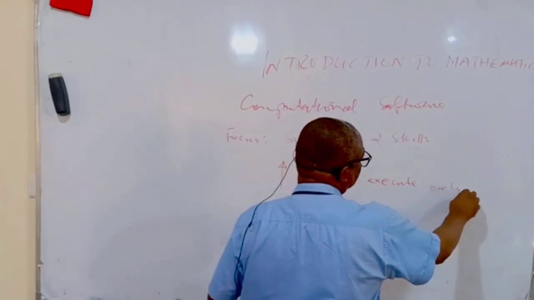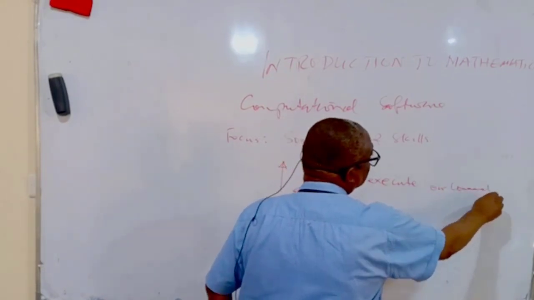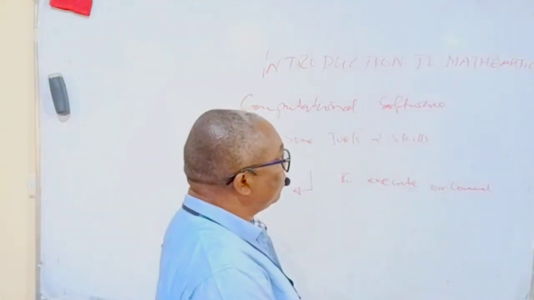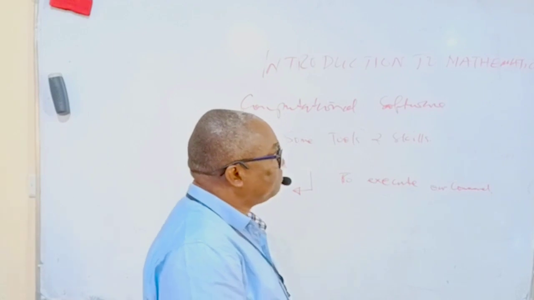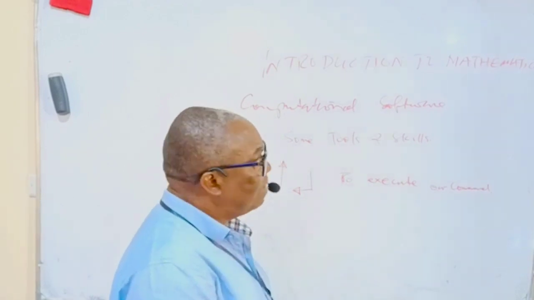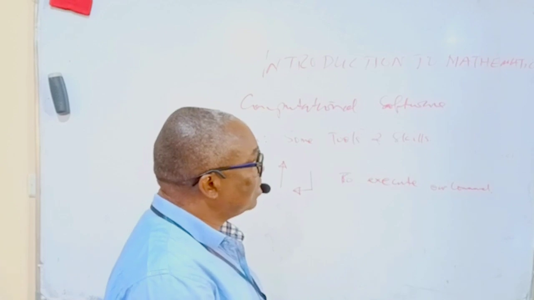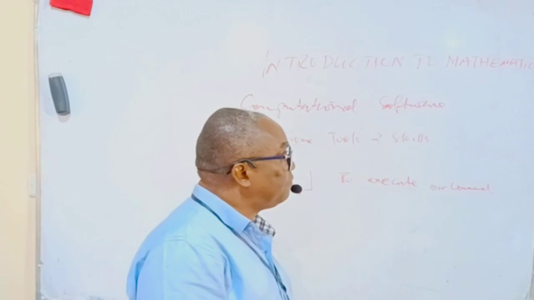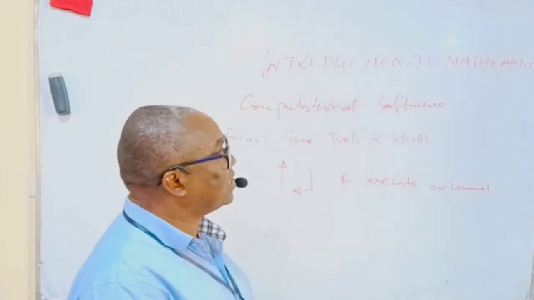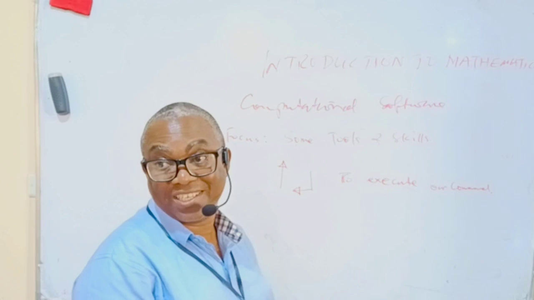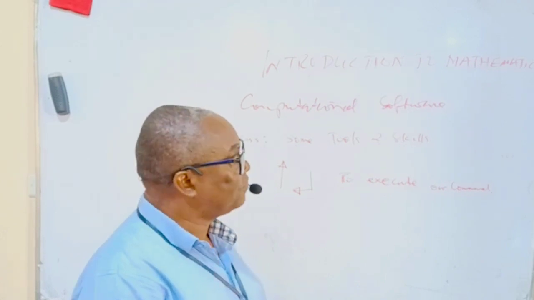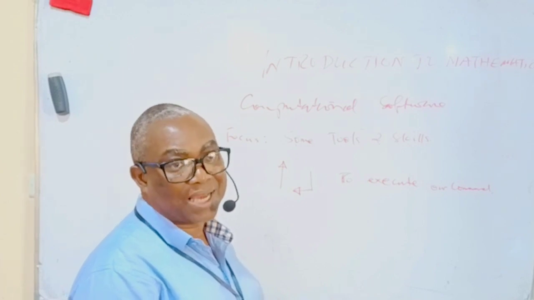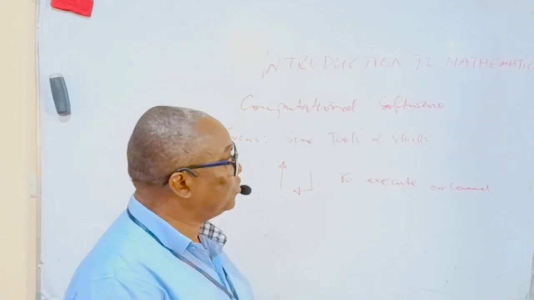Our command. For example, if you look at here, I have 5 times 7 minus 32 divided by 6, all of this divided by 4. If you write that, it's a command that I want to do simple arithmetic. If you press down the button shift at the same time with enter, it will execute to give you this